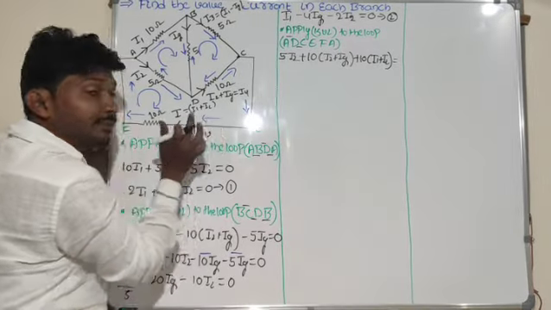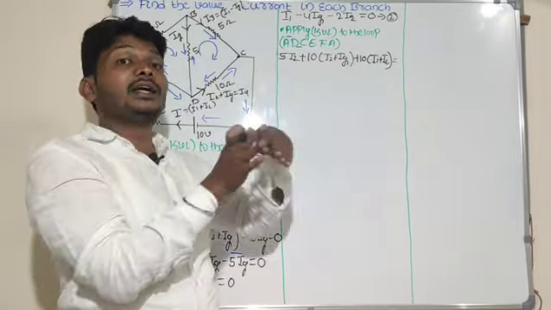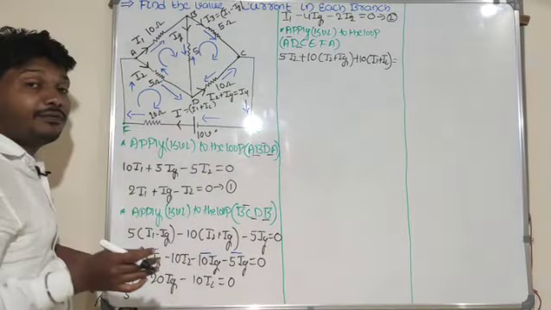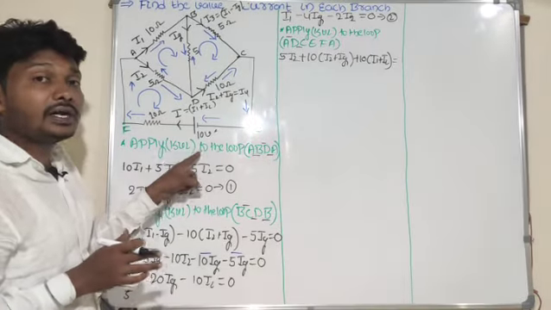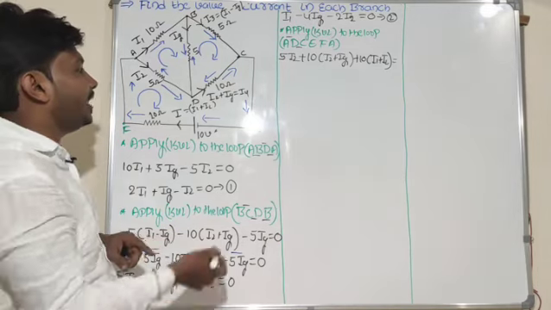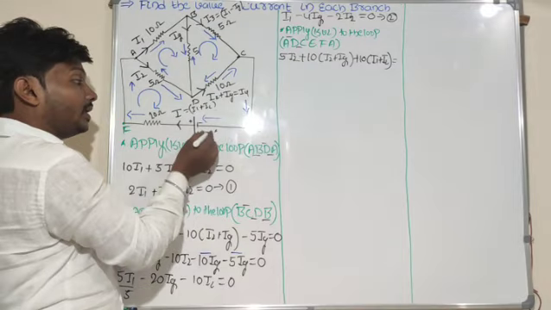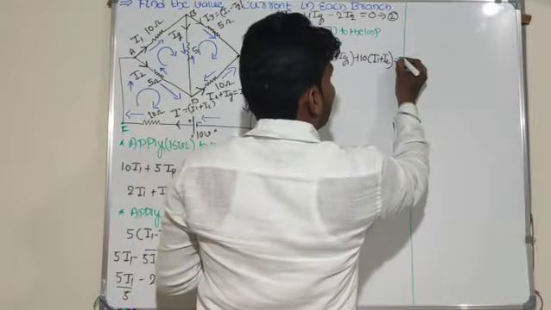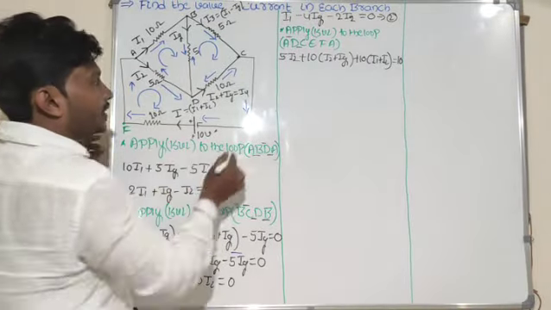Why? Because a cell is present in this loop. If a cell is present, you can take that value on the right side here. Look at here, what is the EMF of the cell? 10 volt they mention, right? Whether this 10 volt is positive or negative, what's the sign convention? If the imaginary line is from the negative terminal of the battery to the positive terminal of the battery, then the EMF of the cell is said to be positive. Did you remember? It means it is equal to plus 10 volt.